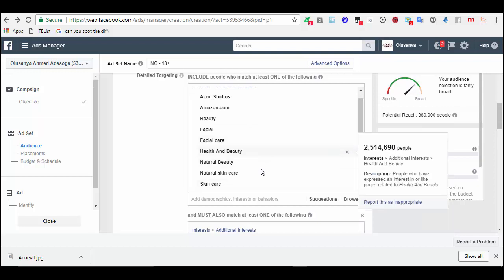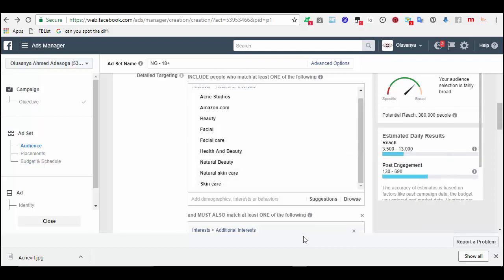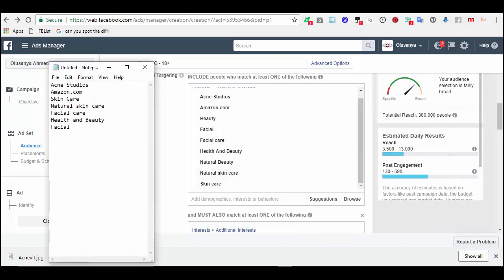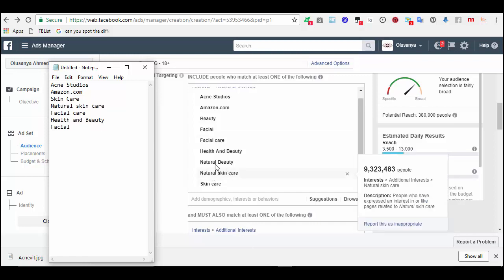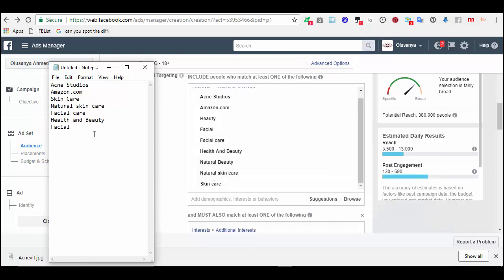So these are the things you are going to copy. You have not copied health and beauty and natural beauty. So natural beauty, health and beauty.